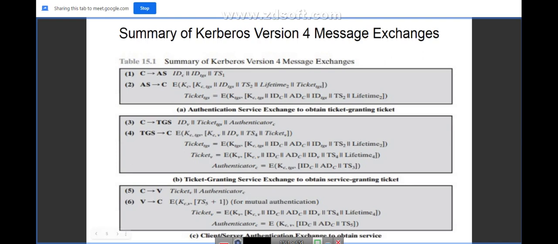So the client is sending the ticket for V, and also the authenticator, that is his details along with it. Then a mutual authentication is required between client and server, so that the server can reply to the client for his service.